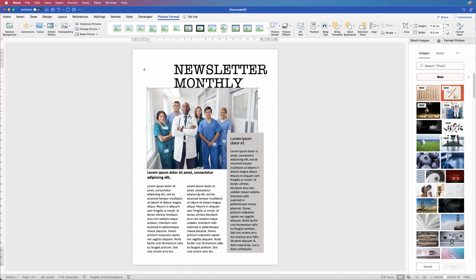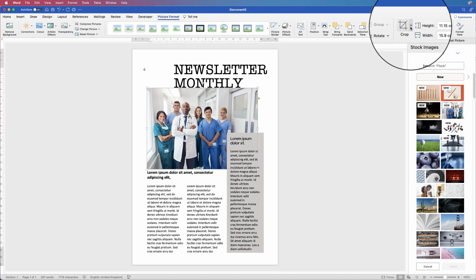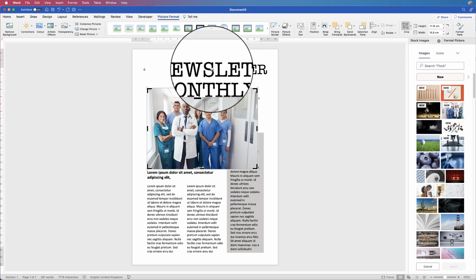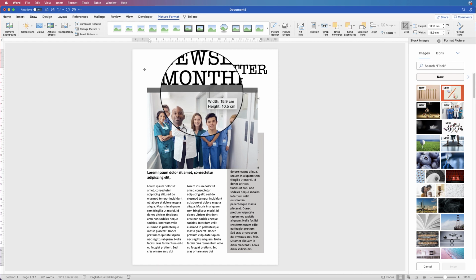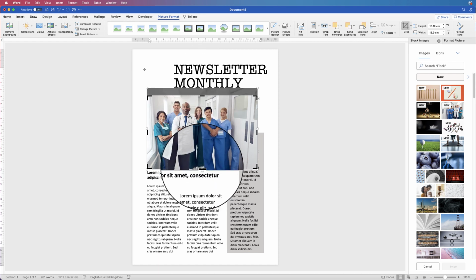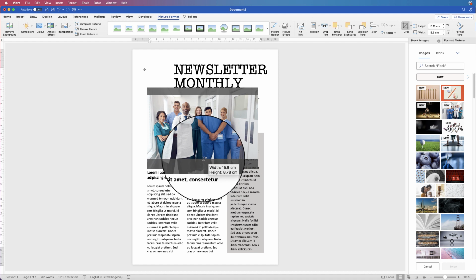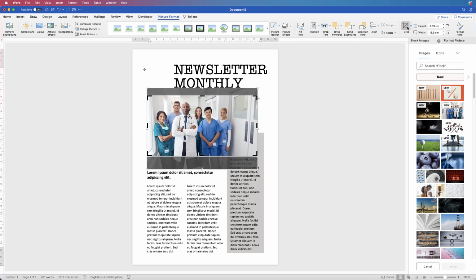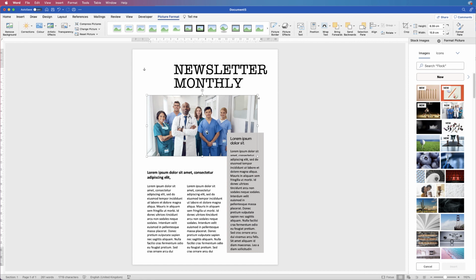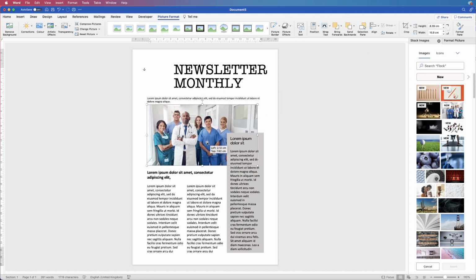Now this picture is also a little bit tall, so I'm just going to crop it. So select it, go to picture format, go along to the crop tool, click on the drop down and select crop, and then I'm just going to pull the top down a little bit here, pull the bottom up a bit here, press enter, and then just go up and select crop, and it will crop your image beautifully. And once again, we'll just move that picture down,